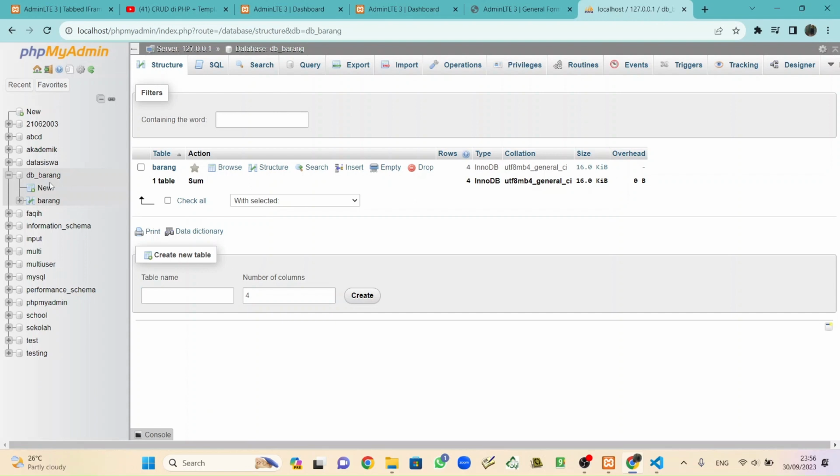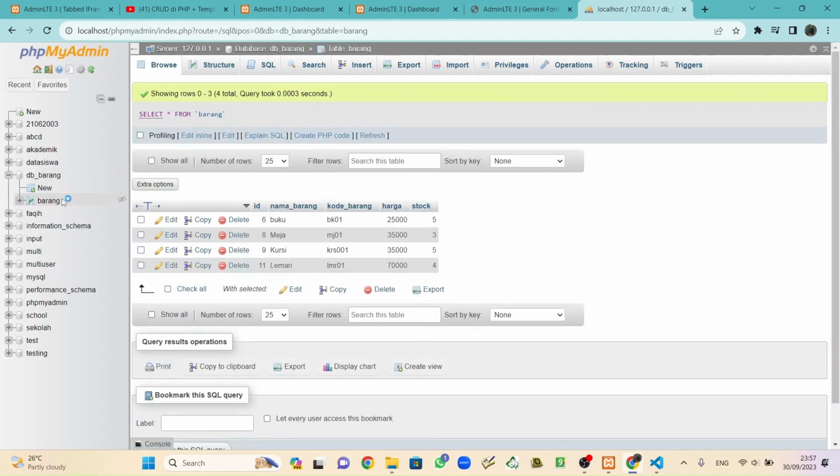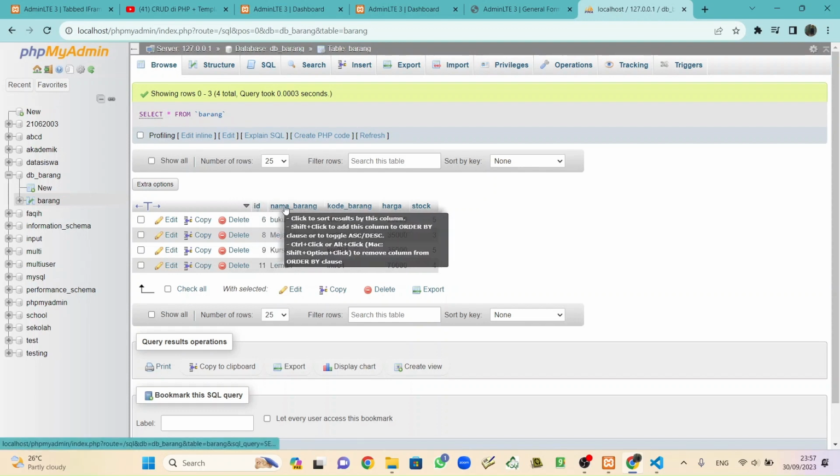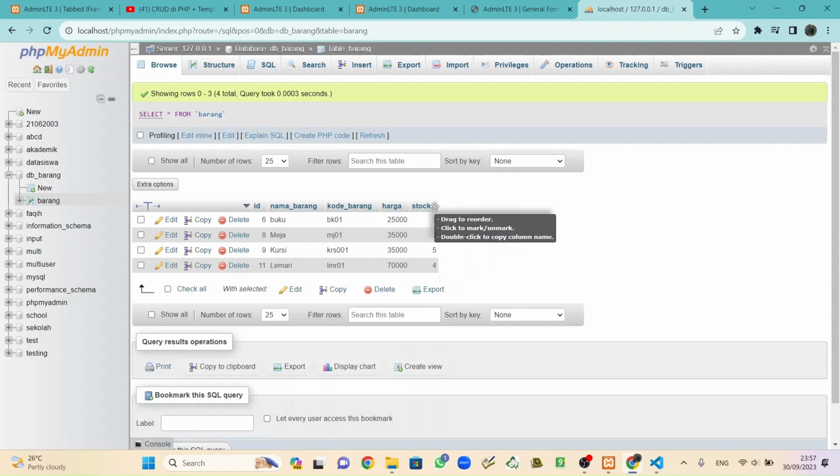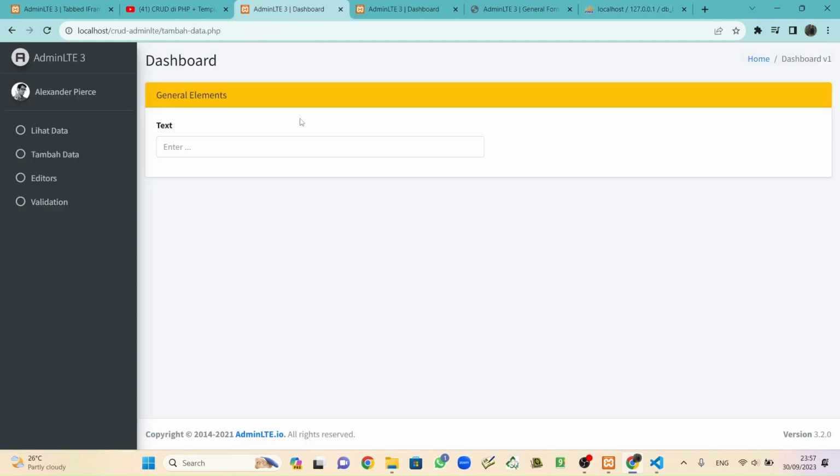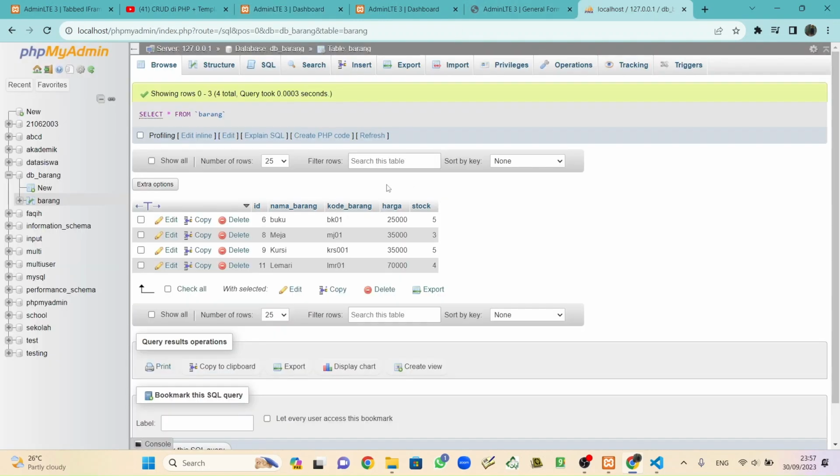DB barang means database barang. So the name of database is DB barang, and there is one table, and in the table there are columns: the first one ID, nama barang, kode barang, harga, stok. Oh, I'm sorry, I mentioned there is 5 input, but the actual is 4 input because for ID we don't need the input. So the structure is this.